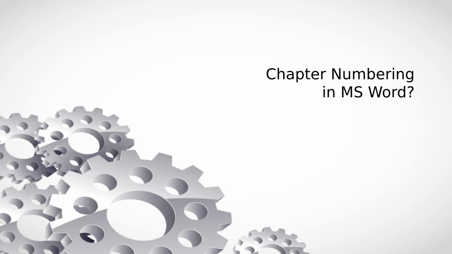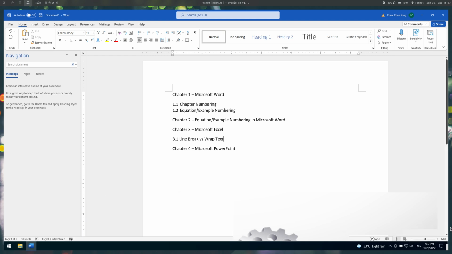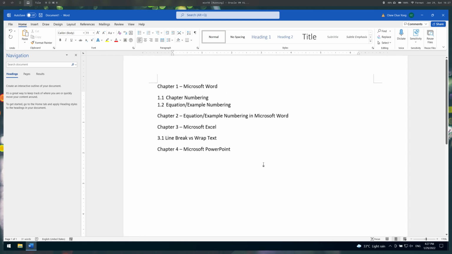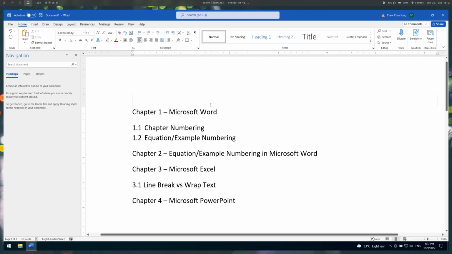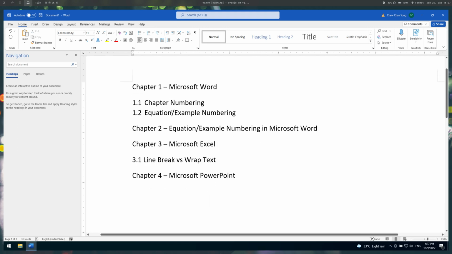Now we move on to this: how do we do chapter numbering in Microsoft Word? In Microsoft Word here, you can see that sometimes you have contents with some labeling like this, and then of course we will be looking at trying to achieve something like automatic numbering. For example, if we were to update some of the